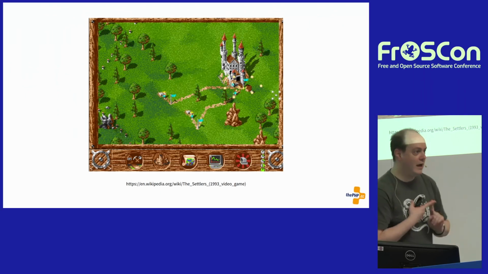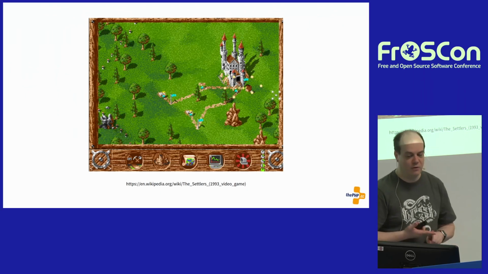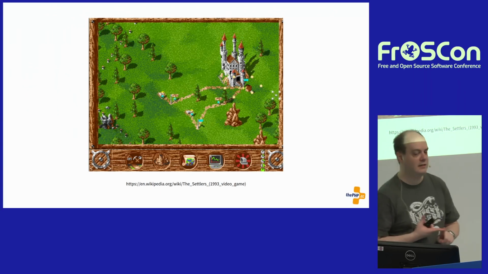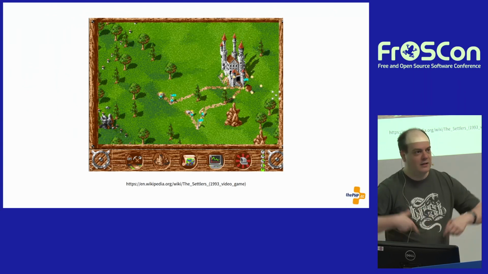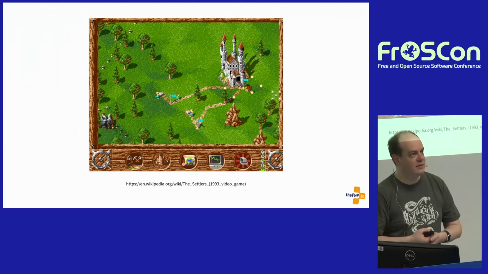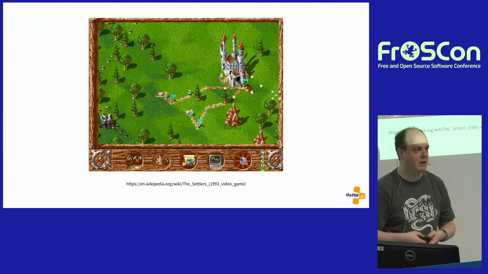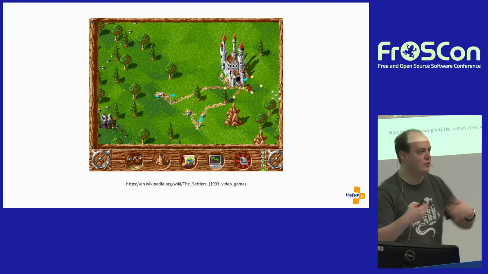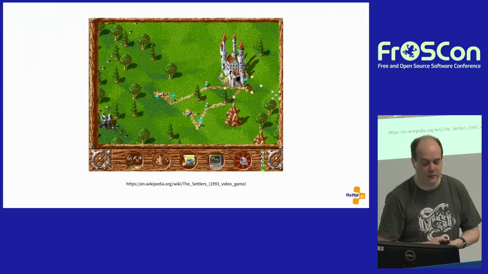First time I heard the German term Lieferkette for supply chain was when I was about, I don't know, how old was I? 12, 13 years old, when I played Die Siedler, the Settlers, on my Amiga 500 for the very first time. And you build supply chains in that game. You put trees somewhere, those trees grow, and then somebody comes and cuts down the trees. Somebody else makes something useful out of those trees, and so on and so forth. And that is a Lieferkette, a supply chain, in the real world, right?